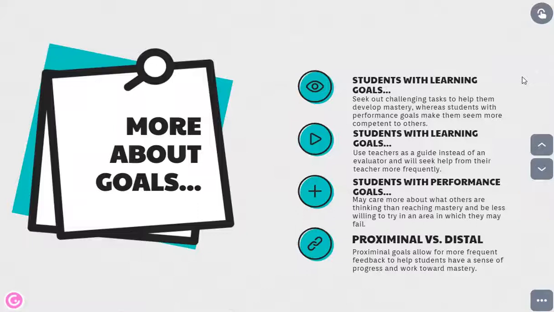Students who are focused more so on appearing competent to others are going to want to minimize the risk of failure by practicing with things that they already know how to do, and thus not pushing themselves to grow quite as much. Students with learning goals use teachers as a guide instead of an evaluator